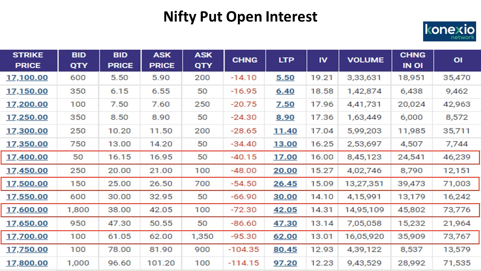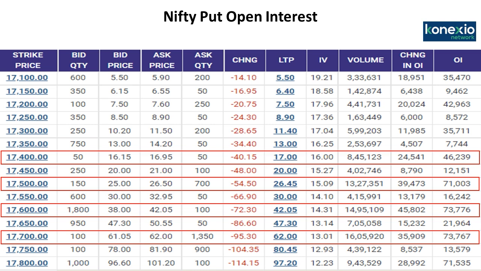Writing Nifty puts clearly indicates that the smart money might be thinking that Nifty will not drift below or break the 17,400 mark on the downside. So 17,500 and 17,400 could act as a strong support for Nifty for the next week. So the overall data shows that the strategy should be buy on dips, and these Nifty calls and puts and the rise in the open interest clearly indicate that the trend is positive.